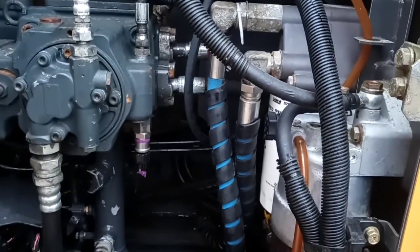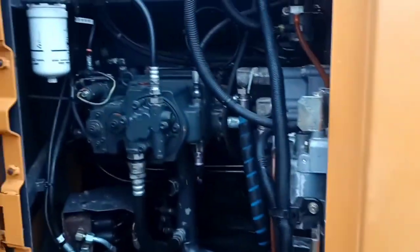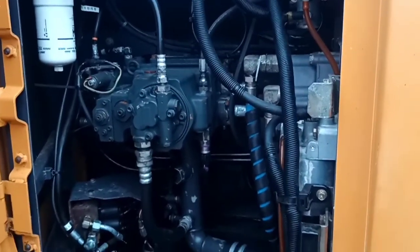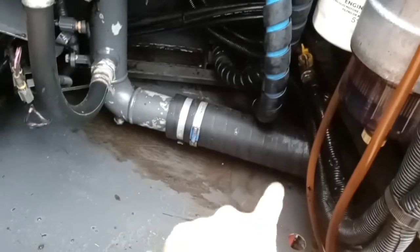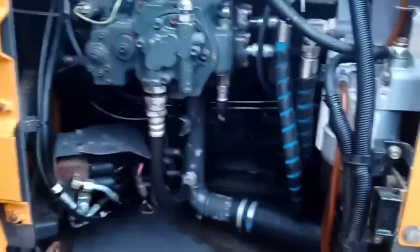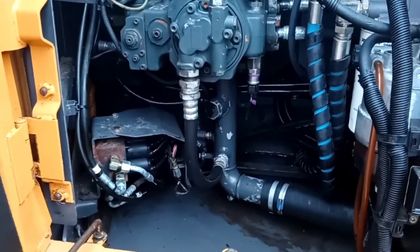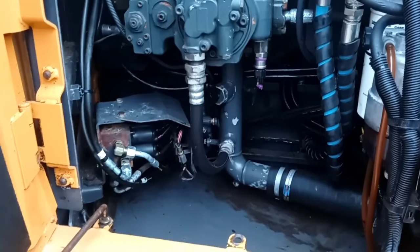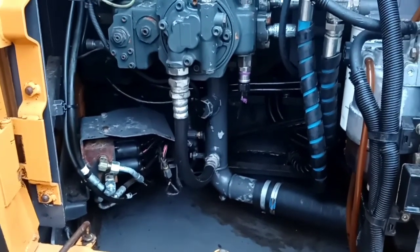However, when the machine got warm yesterday, I stopped and opened this door. I've cleaned it since, but there was a big pool of oil under there and a big pool of oil under here. So there's another oil leak somewhere, but it's so hard to track them down. If it's a small leak and just a little drip, the fan produces that much air, it just blows it and